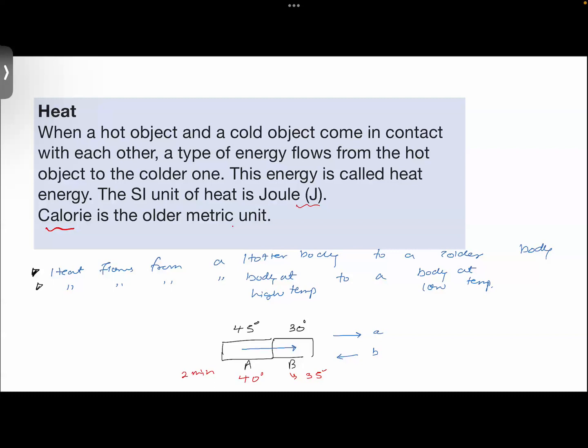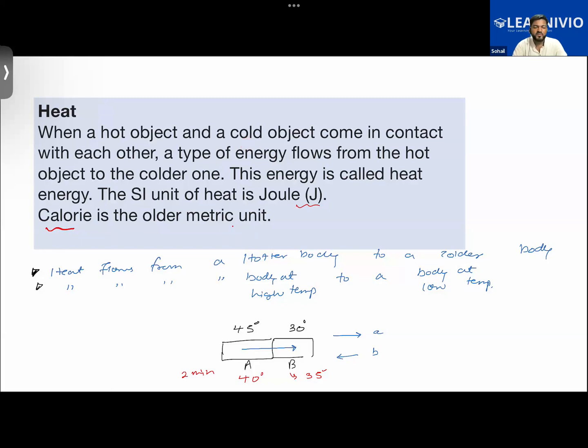I didn't understand. Basically, when you touch a hot piece of iron, you feel like some energy is transferred to your hand. There would be a flow of something, and that flow is a type of energy called heat energy, right? Oh, okay, sir. So that's why we feel hot when we pick up any hot object. Exactly, that is the reason.